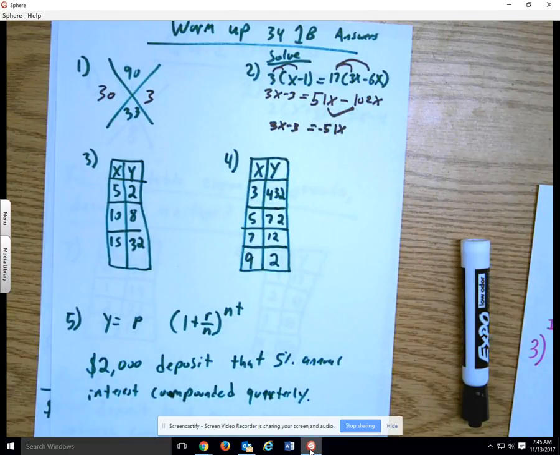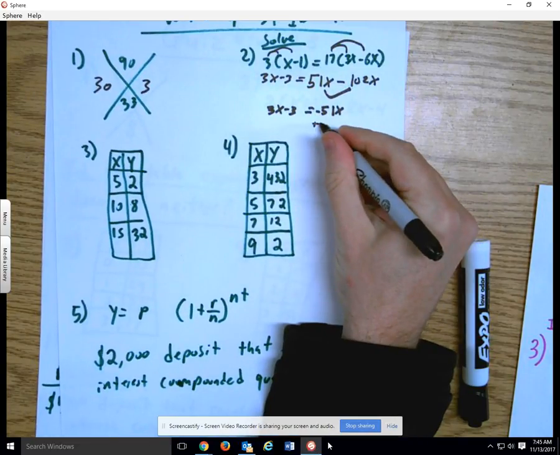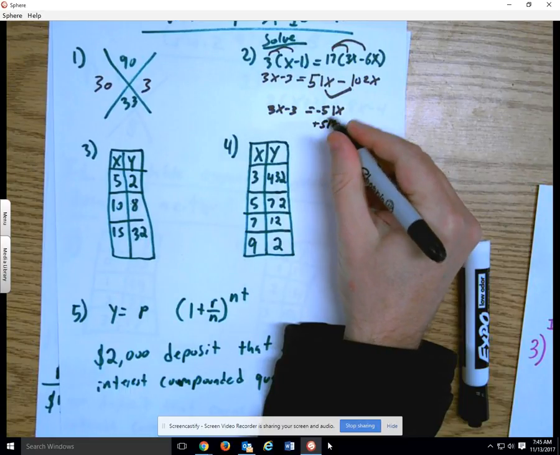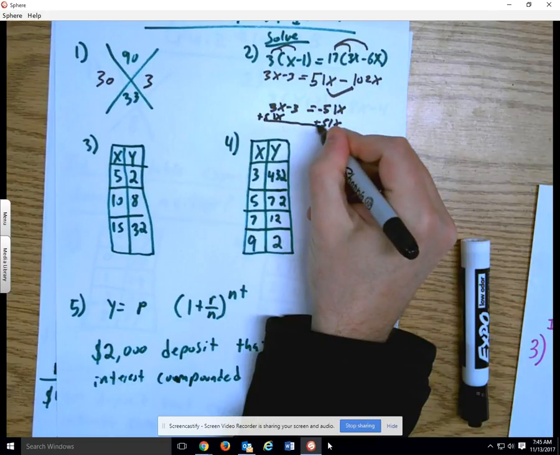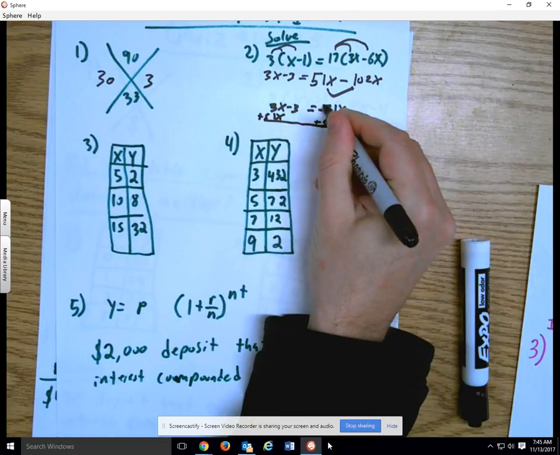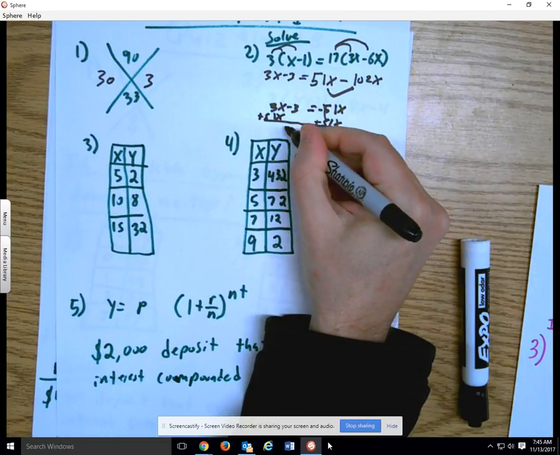You want to get the x's together, right? So how do you do it? Add on both sides. Yeah. Perfect. That's exactly what you want to do. So let's add a 51x to both sides. And that gets the x's together, right? So you have the x's together on one side, and you would have 54x